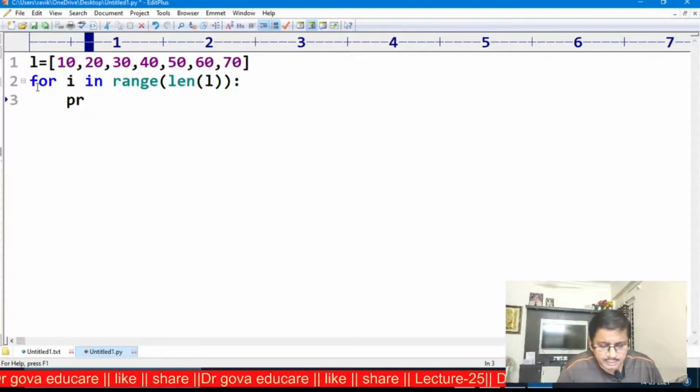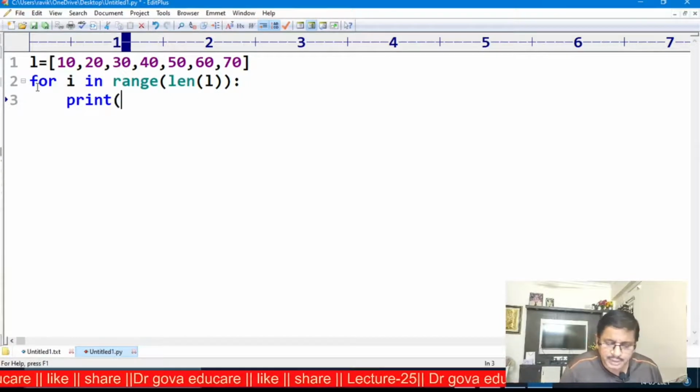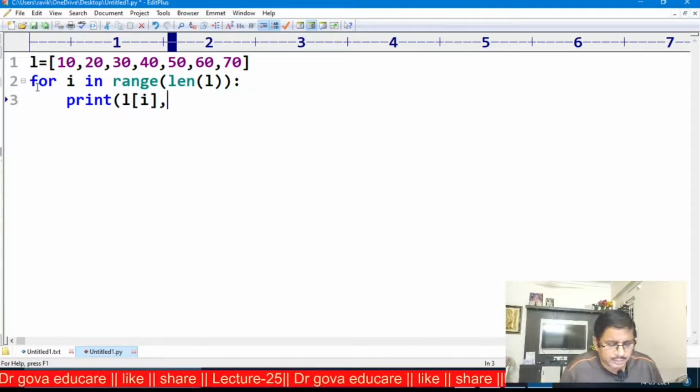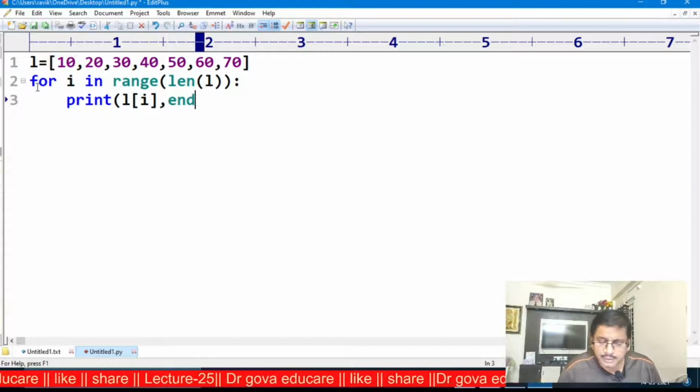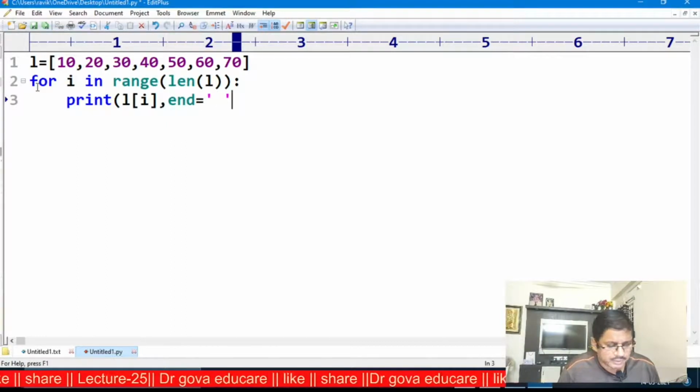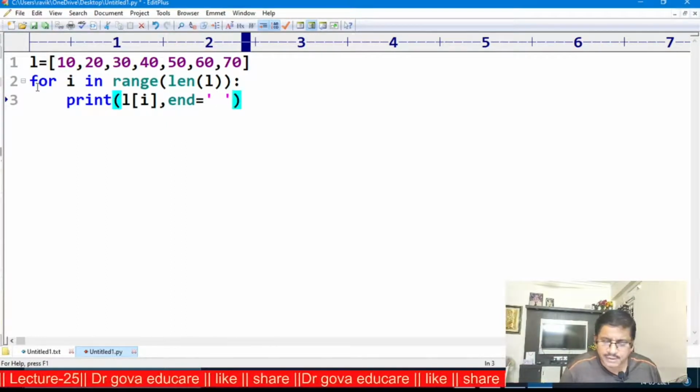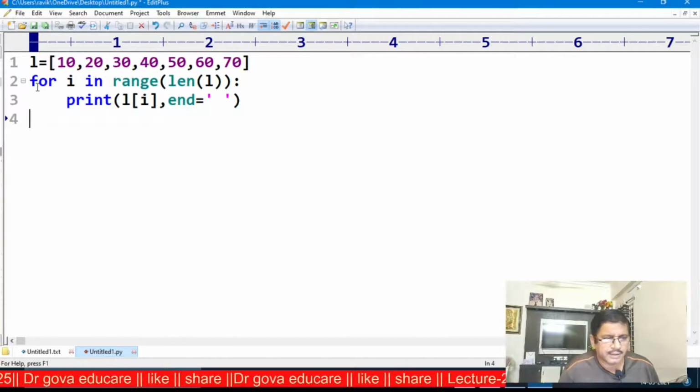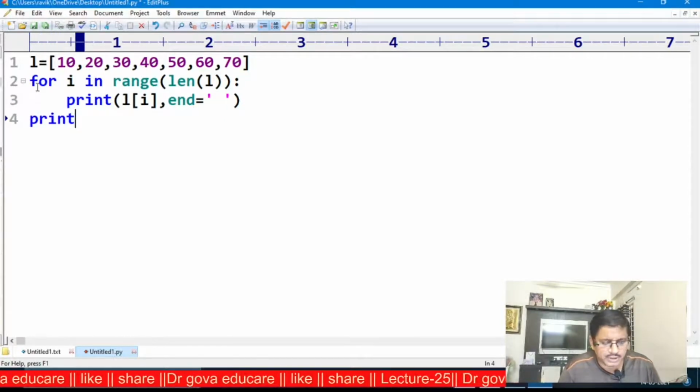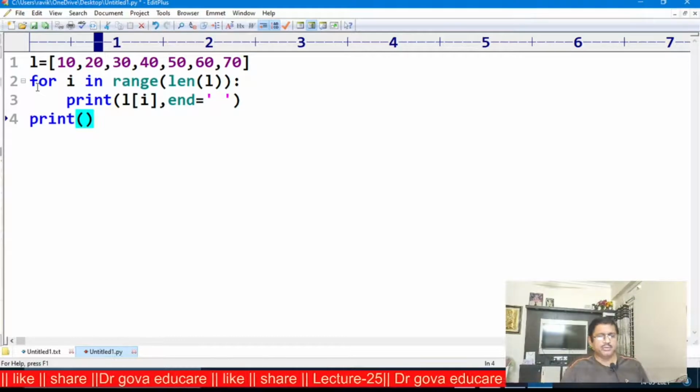Print L of I, comma, end is equal to some space. After displaying the entire list, the control goes to a new line.